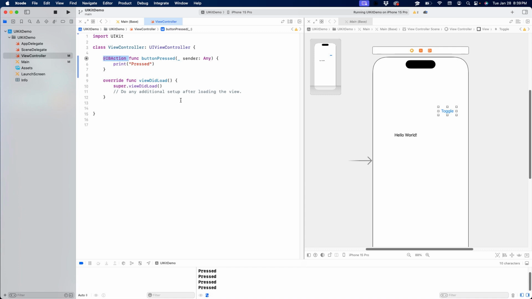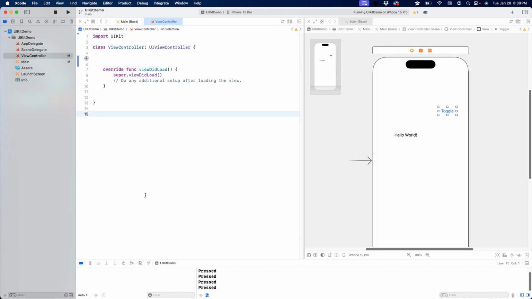There are a couple of weird things with this. It was a good idea to be able to visually build your app and then connect it to your code, but there are some fragile aspects. If I were to just delete this function, say I want to redo this, I've now committed a terrible sin. The Interface Builder file still thinks that it is connected to this button pressed function. We'll see in a second where it thinks that. So if I try to run this again,